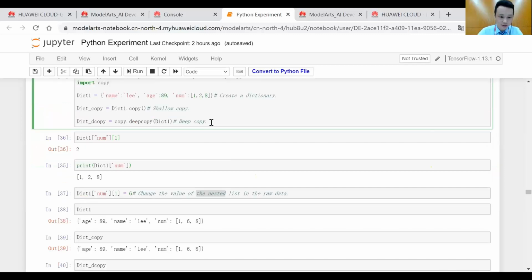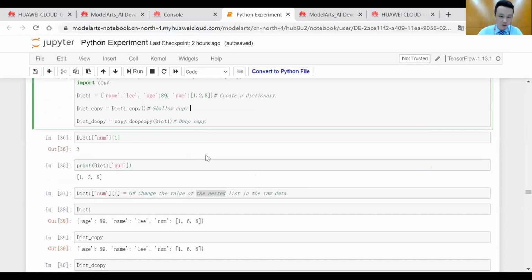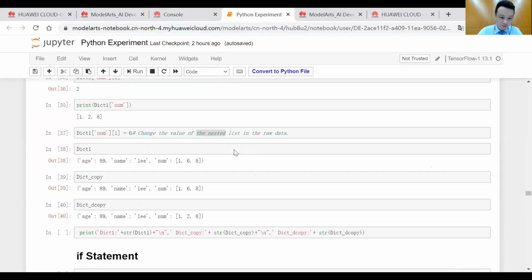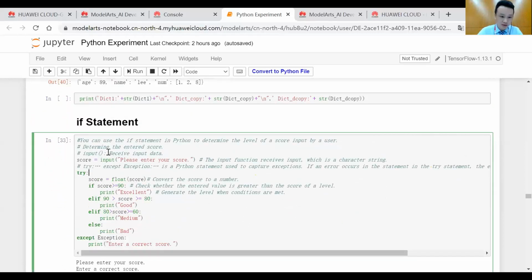Okay, this is the deep copy and shallow copy. You can run this code to understand it. Okay, let's go on. We need to speed up. Let's learn the if statement. The first line is